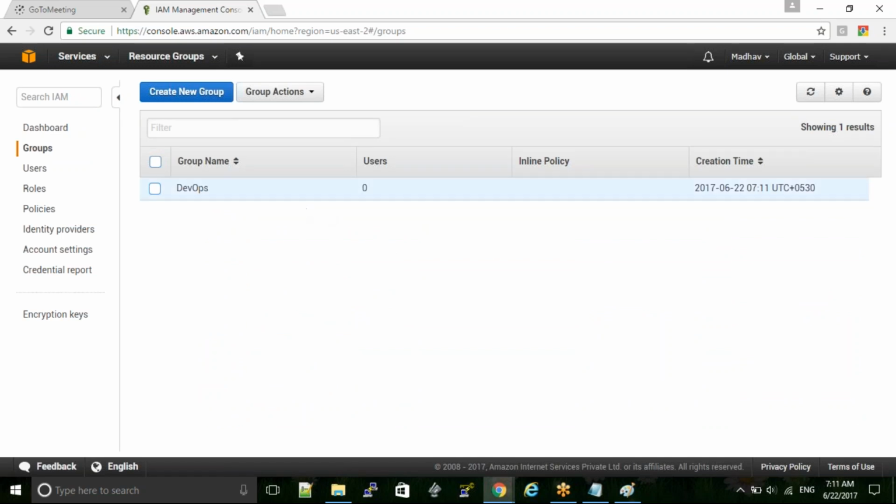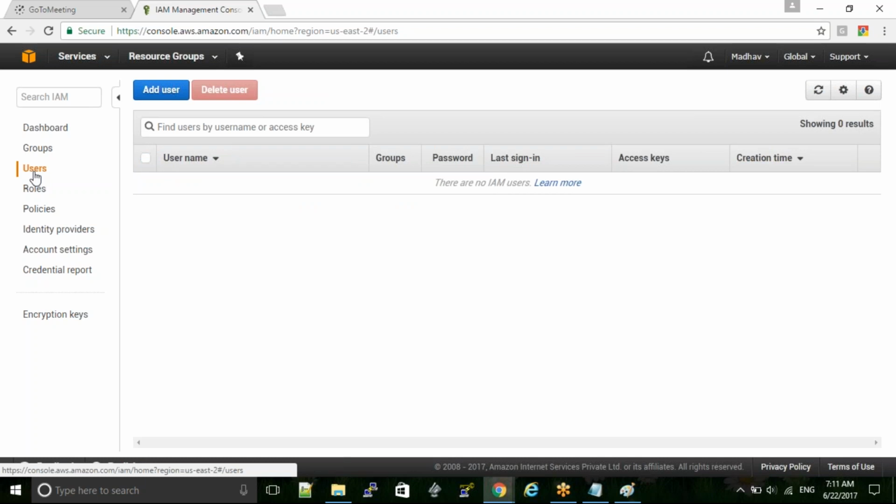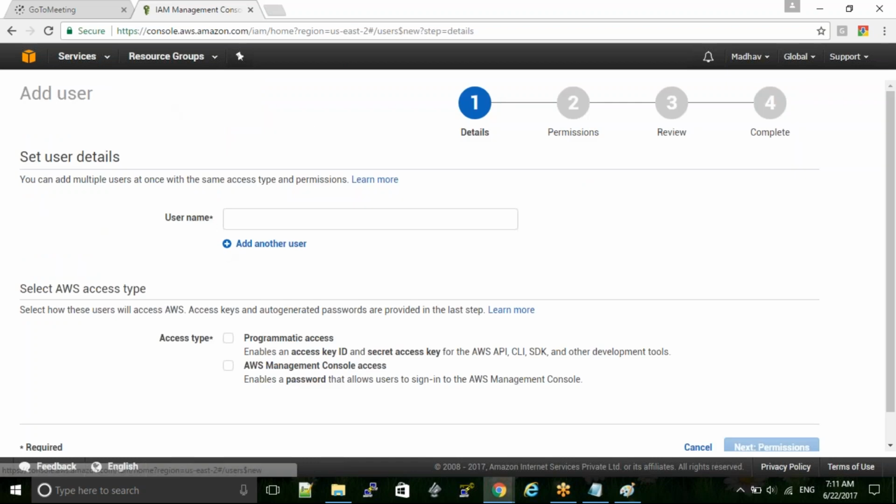Within the group, you don't have any users. Okay, what is an inline policy? The user's policy. So I am just going for the users. Next step: first, I created groups and assigned a policy to it, and now I am creating a user. I don't have any user, right? Add user. So I am providing the username, like Ram,